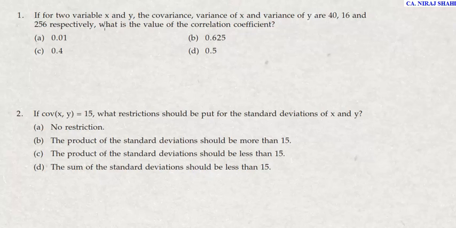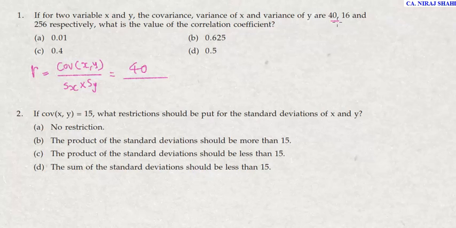If for two variables x and y, the covariance, variance of x and variance of y are 40, 16 and 256 respectively, what is the value of the correlation coefficient? The formula to find the correlation coefficient r is equal to covariance of xy divided by sx into sy. Now the covariance is given here, 40, so it is 40 divided by,